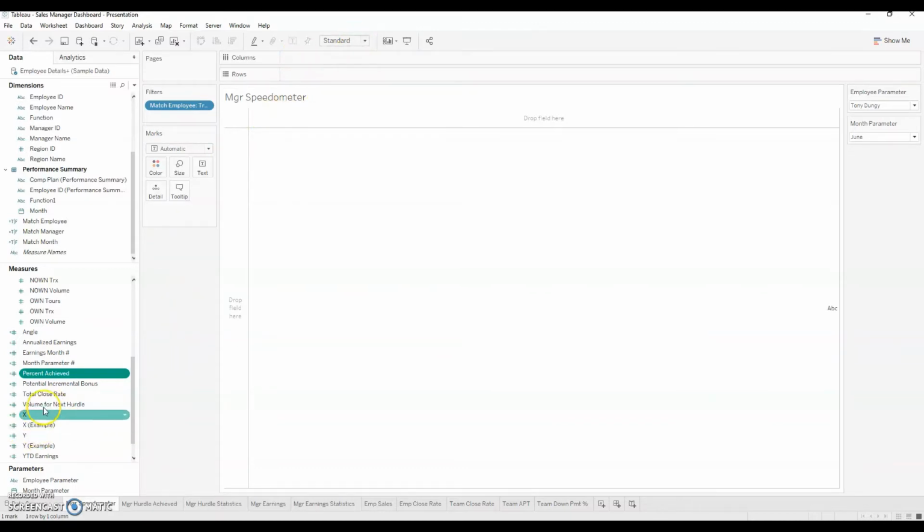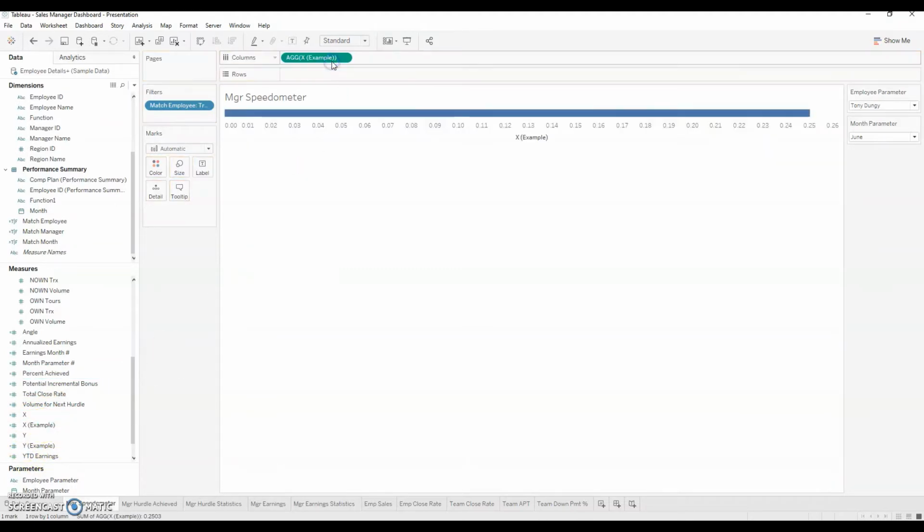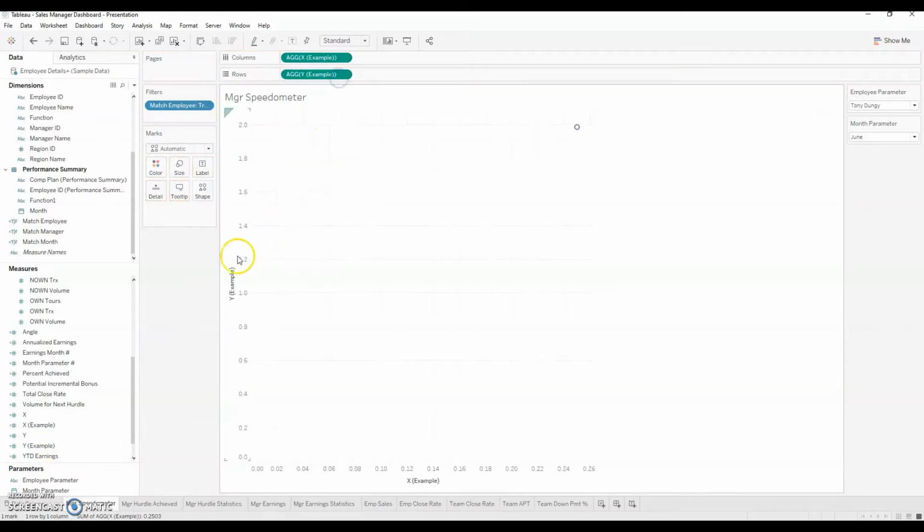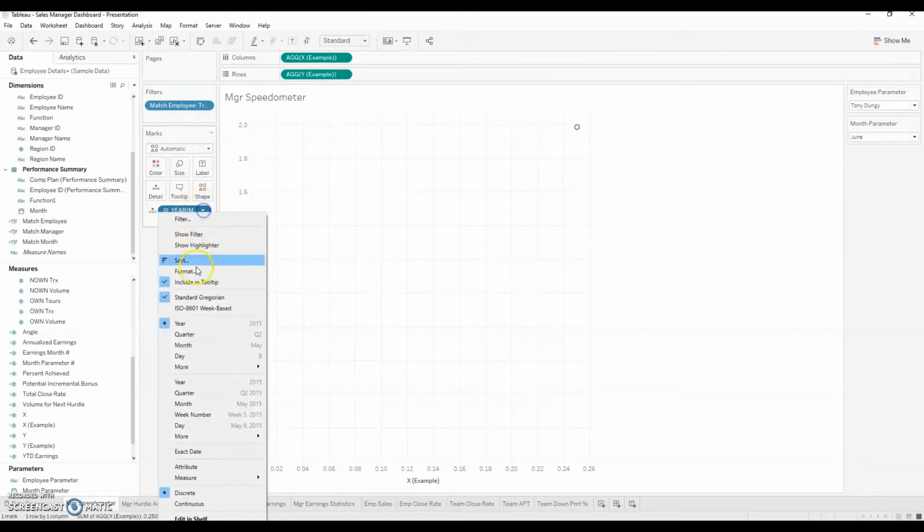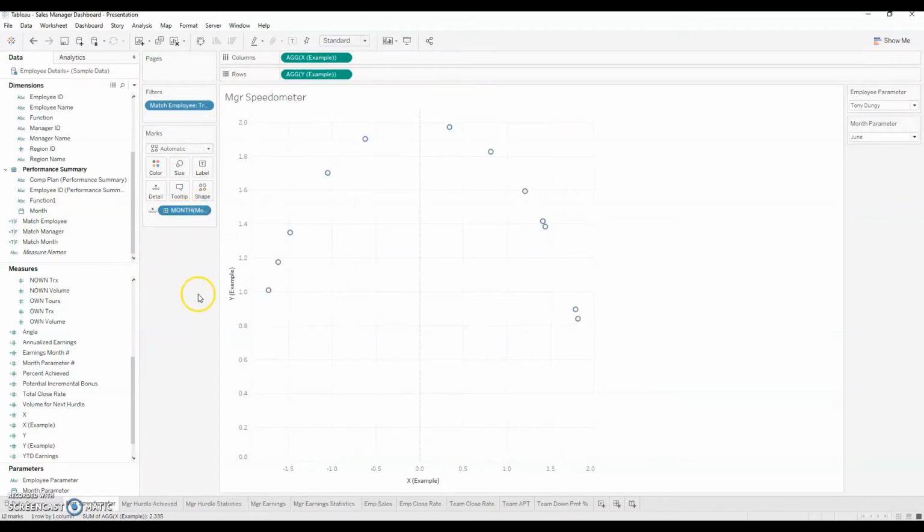rows and columns. So if you see here, I have two different versions of X and Y. I'll get into that in just a bit, but I'm going to use the example formulas for now. Move X into the columns and Y into the rows. And then as you can see, I have one data point. But if I go ahead and move month into the detail box, and change my month to actual month, you can see the spectrum of points that this